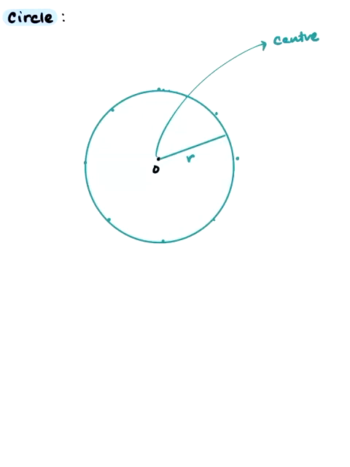Okay, understood? I hope you also know what the diameter of the circle is. The diameter of a circle is the length of the longest line that can fit inside the circle. And of course, since that line will pass through the center, the diameter is going to be twice the length of the radius.